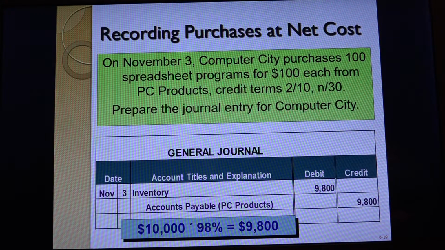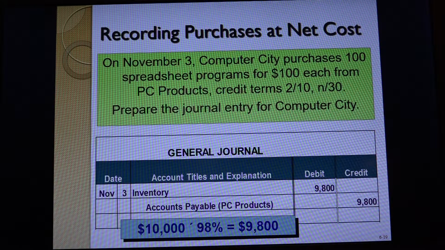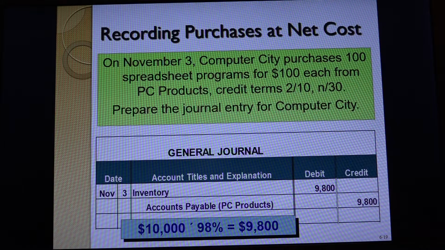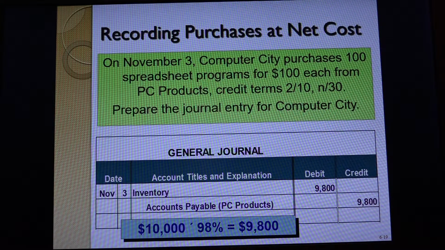Now, if you're the purchaser of these items, you could record this in a couple of different ways. You could record it at net cost. Here, if the terms are 2/10 net 30,